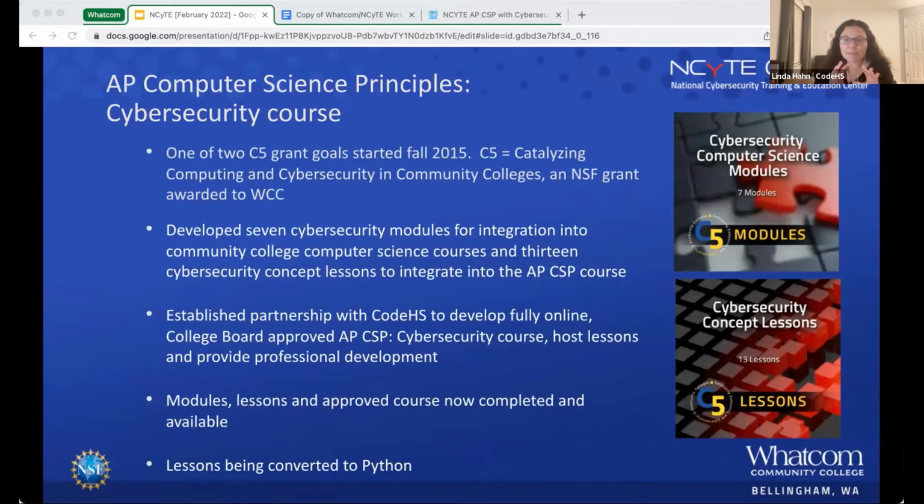But this started in fall of 2015. And so that NSF grant was awarded to Whatcom Community College. And so what they did is they developed 7 cybersecurity modules to integrate into the computer science curriculum for the community college, and then 13 cybersecurity concept lessons to integrate into the AP Computer Science Principles course. So really they may seem one and the same. They're really